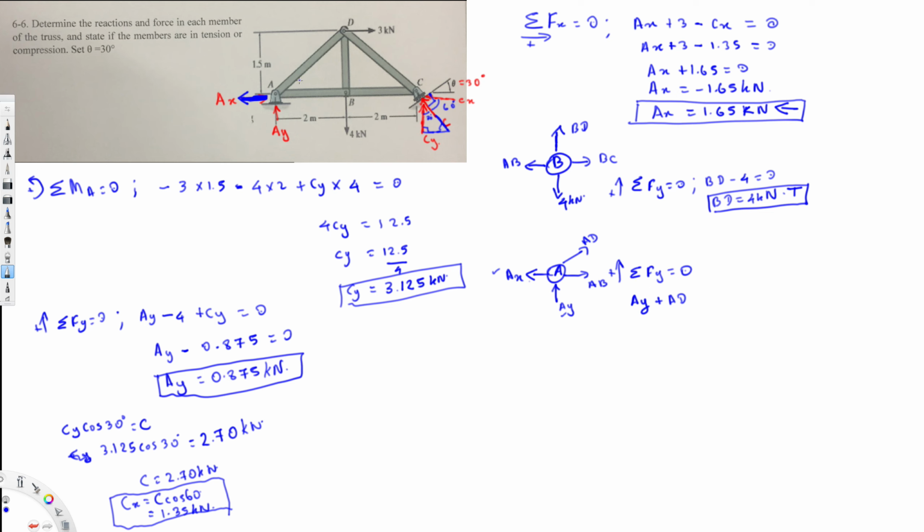Let's say this is a theta. No, don't confuse it with theta. Let's take alpha. So if this is alpha, since this is vertical, it's going to be AD sine alpha equal to 0. Ay we know already, it's going to be 0.875,